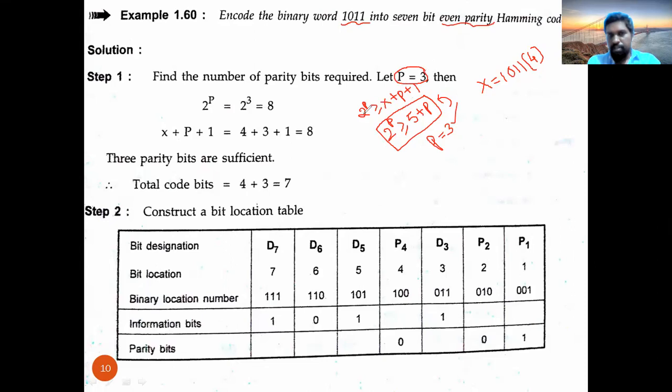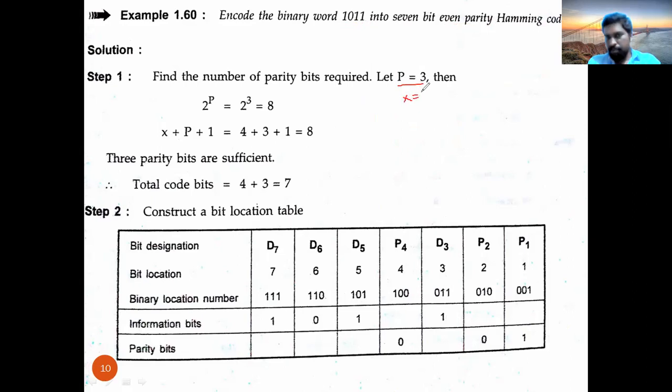Now we have p equal to 3, and from the question we have x equal to 4. What I have said is, when you add x plus p, you will get the length of the Hamming code. So what is the length of the Hamming code you are getting here? 7 bits. But they have indirectly given the 7-bit Hamming code in the question itself. In some questions you won't get this, but remember, p plus x will always give you the length of the Hamming code. Total bits you should have finally are 7 bits.